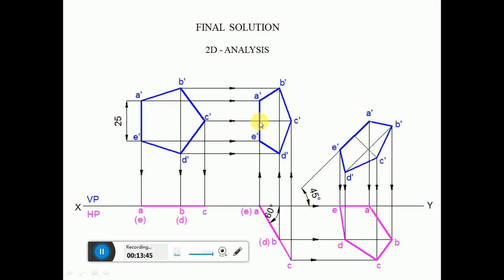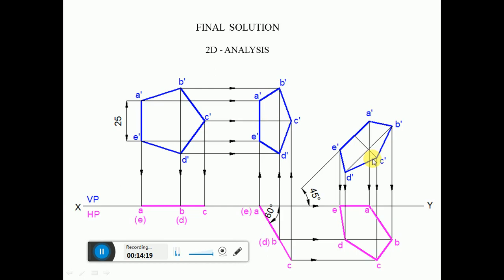Then you measure the length from this point to C dash by using the compass. From this point you cut an arc on this to get this point C dash, and mark that point as C dash. Then you measure the distance from this point to this on the C dash line. From this point you cut an arc on this line, so that you are going to get this point. From this point you draw a perpendicular to this horizontal line passing through C dash.